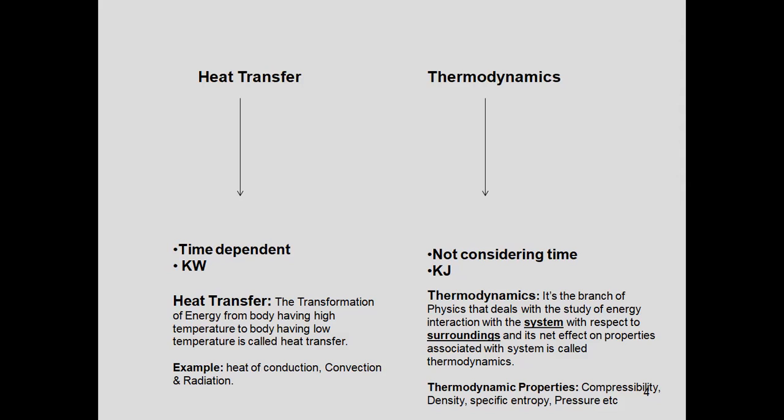An isolated system: neither mass nor energy, both cannot be transferred from the system to the surrounding or from the surrounding to the system. And what is the surrounding? The things that are outside the boundaries are known as the surrounding. And the combination of system, surrounding and boundaries is known as